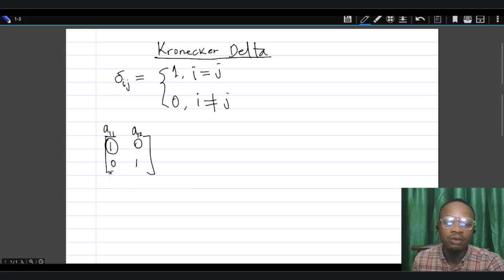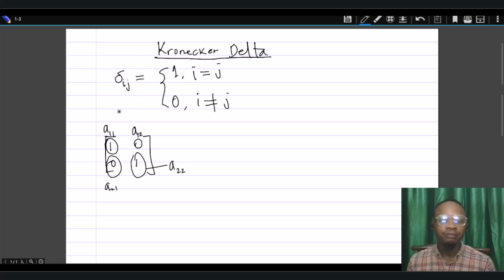If you come here, this is the element in row 2 and column 1. 2 and 1 are not equal, so that element will be 0. And if you come here, this is the element in the second row and second column. Because 2 and 2 are equal, this will be equal to 1. So we say that this delta ij is an expression that implies we have a number that will be equal to 1 if the subscripts are the same,